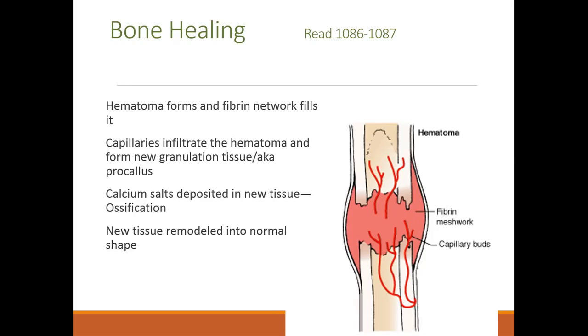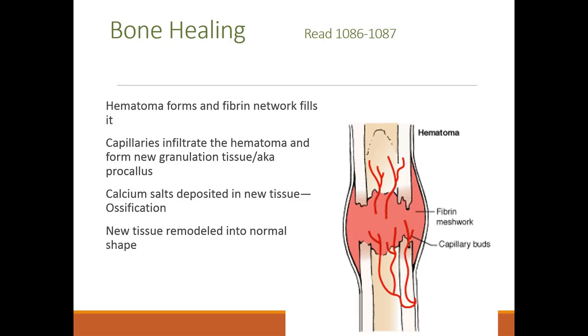So let's go backwards a second and talk about bone healing. We have to understand the normal process of bone healing in order to understand impaired bone healing. And again, I gave you some page numbers to go back into your textbook and read a little bit on, but you need to, in general, have an understanding of what is going on. There are different phases that we go through when we try to heal a bone, and the first phase is the hematoma formation. When a bone breaks, the vessels in that area and the surrounding tissues become torn and